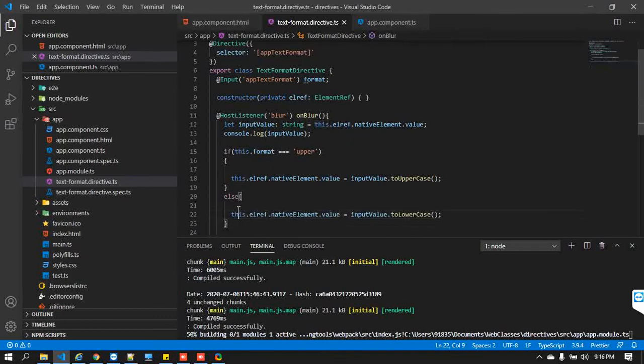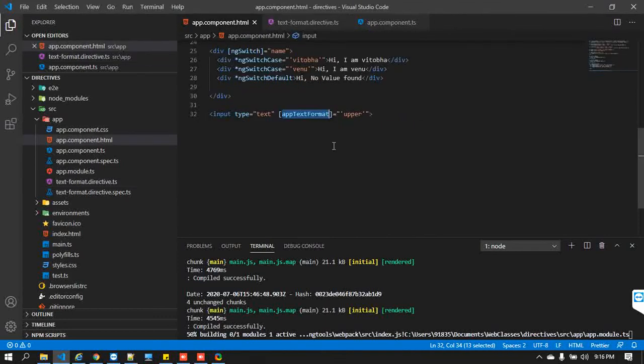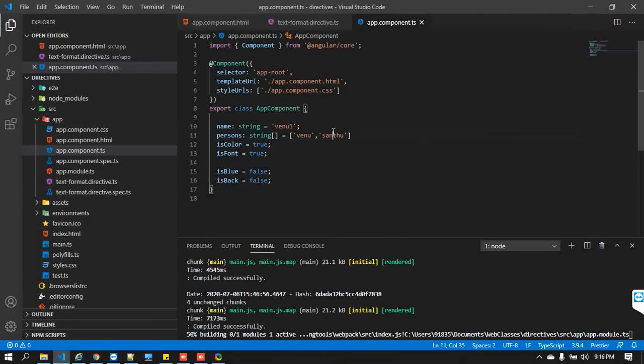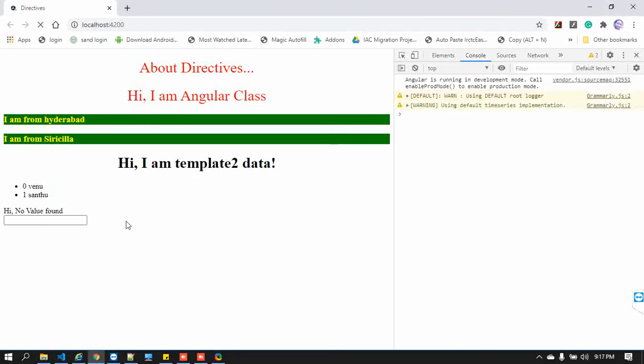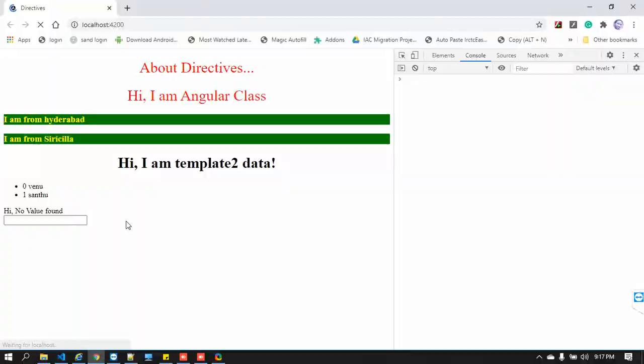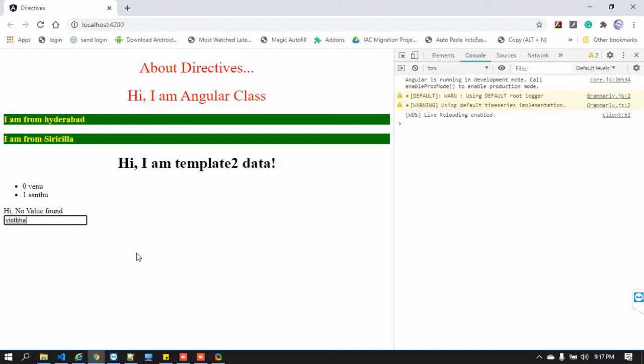So now save it. What you have passed at this moment is upper, right? Save everything properly, save it and get back here. See, I'm just coming from here, so it became a capital.